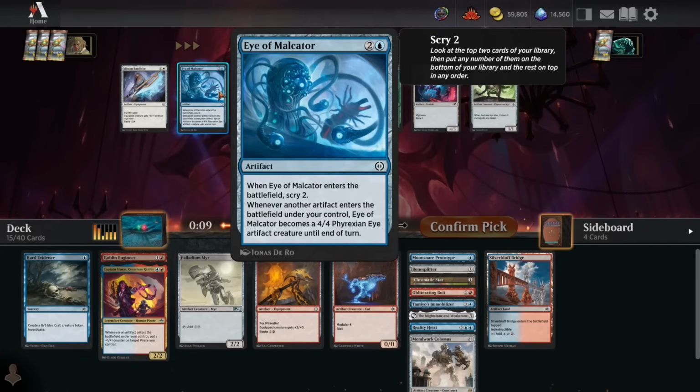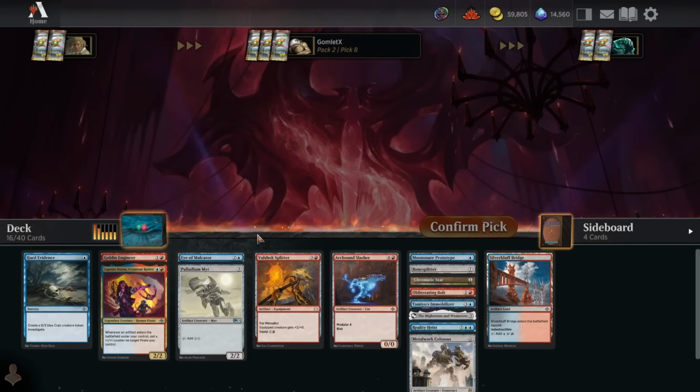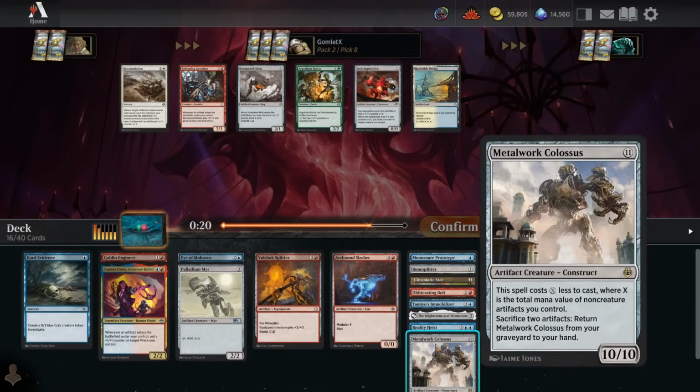It's basically always going to be a 4/4. It's only good on the aggressive, which is awkward. It's kind of hard to get it to block. You need a lot of instant speed artifacts to do that, but nice aggressive creature that works with Metalwork Colossus